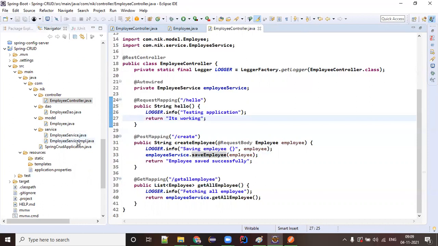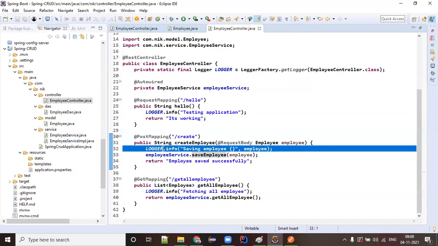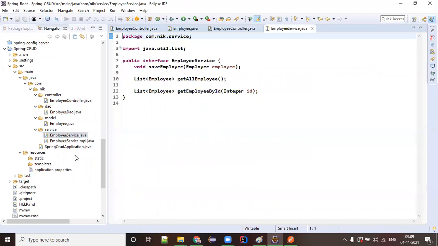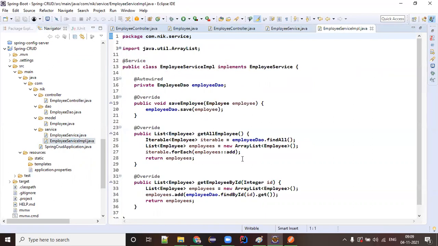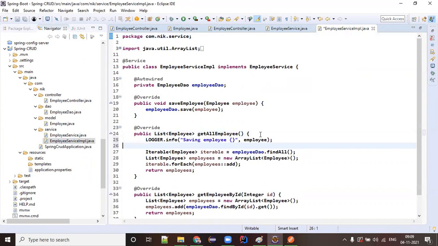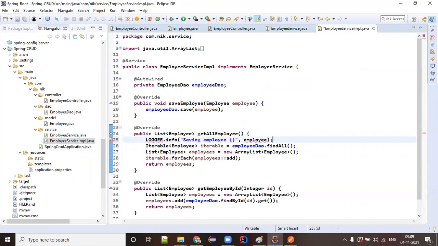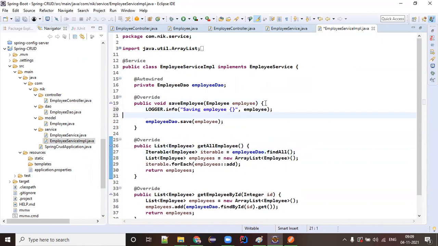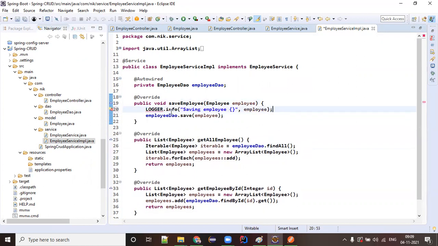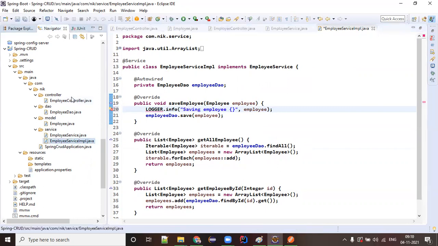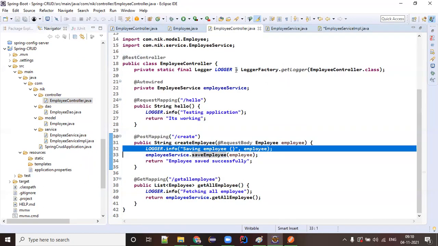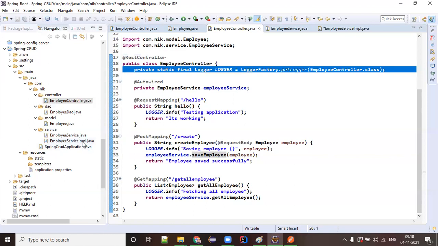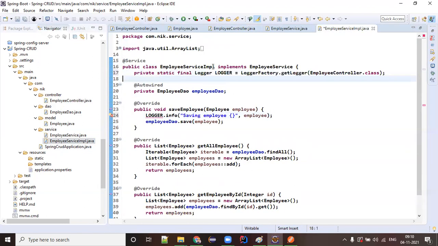Now go to the service layer. In the service layer also you have to do the same thing. Go to the service impl, and wherever you are doing so, put the logger properly. Again, saving employee, not this one. Saving employee is here, so you have to tell them saving employee. But before that, we have to define a logger in this class also. So copy the previous one, come to the service impl, paste it here, only copy this class and replace this class, something like this. Your logger